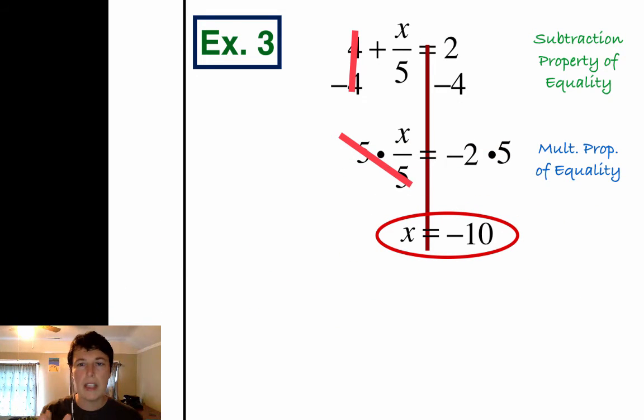Just really pay attention to how this one's different than the last 3 problems. When the problem is one big fraction, you got to multiply that number and get rid of it right away. But when you have a littler fraction like this, first we're going to subtract or add or deal with some of the other